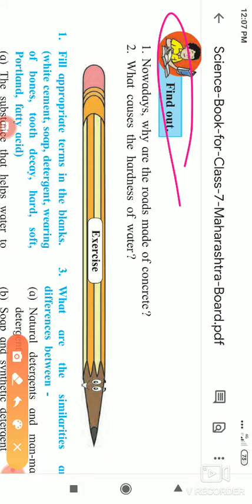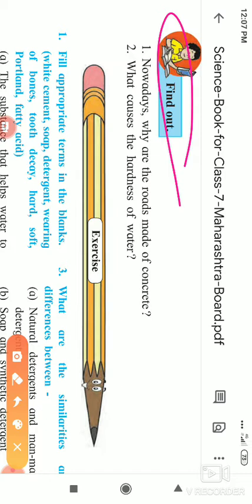Nowadays, why are roads made up of concrete? As you know, in olden days, and even now in front of our school, if you see, the roads are built by using that tar, as we call it, and some stones are added and used. But nowadays cement concrete roads are being made, and the reason behind it is that